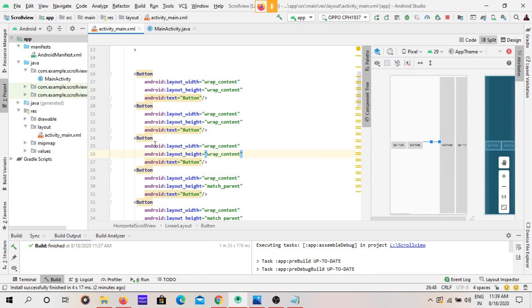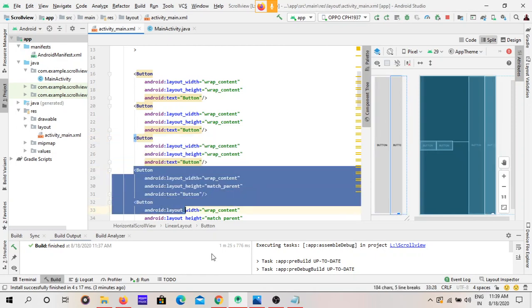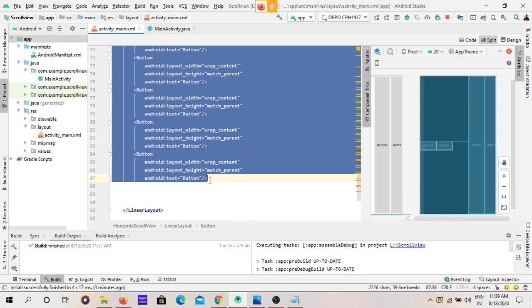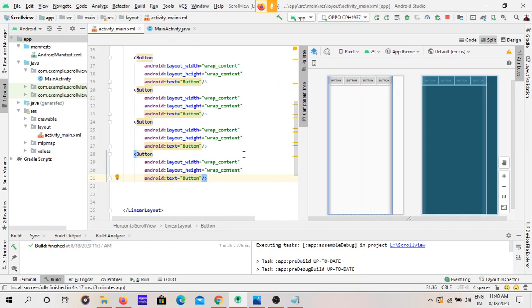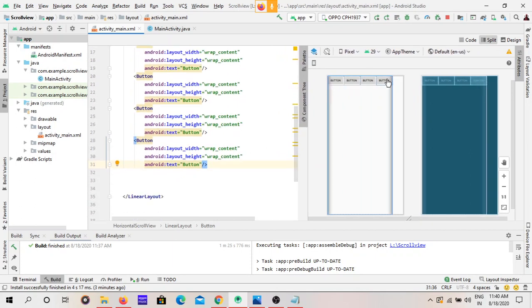Let me copy this. Wrap content, wrap content, wrap content. Yeah, see, these are the four buttons.